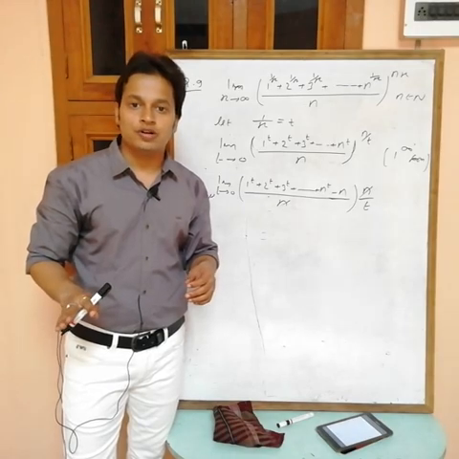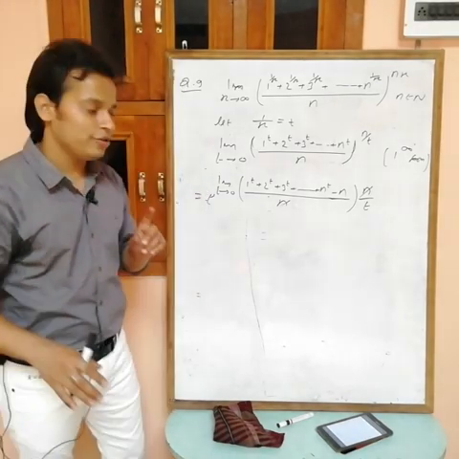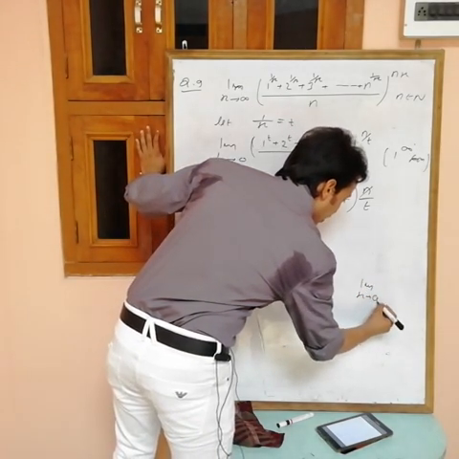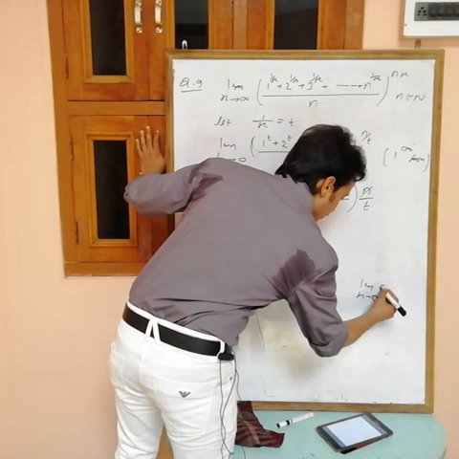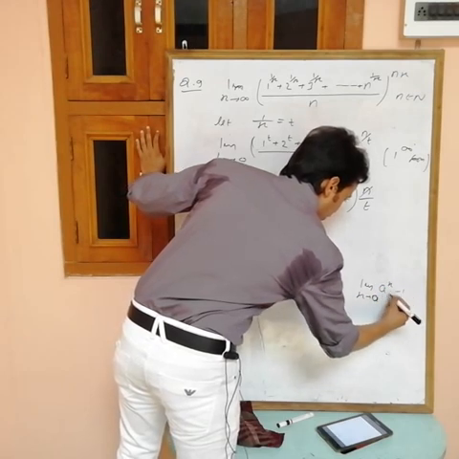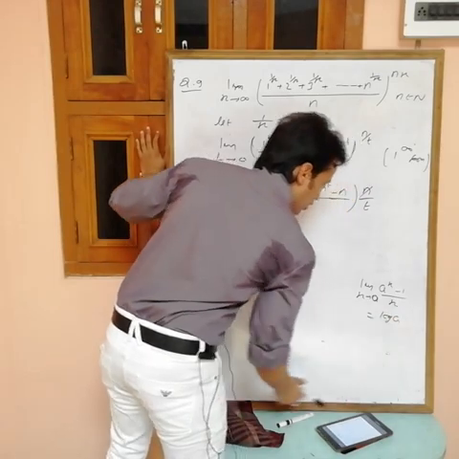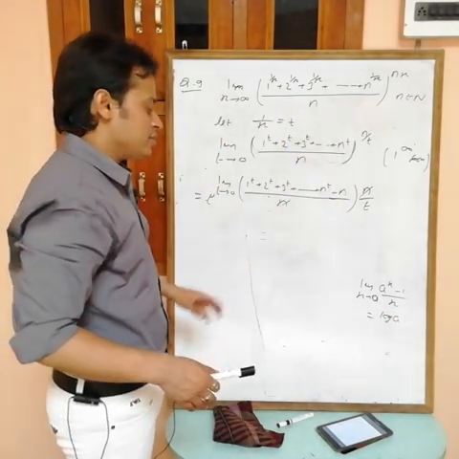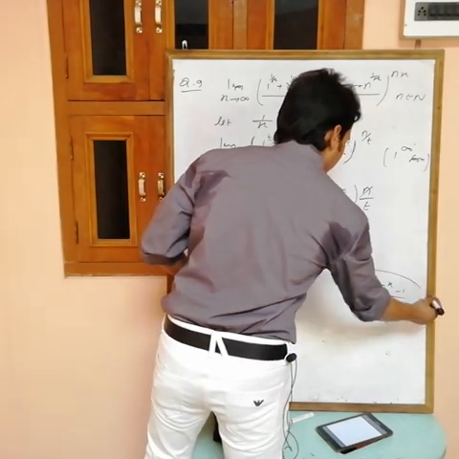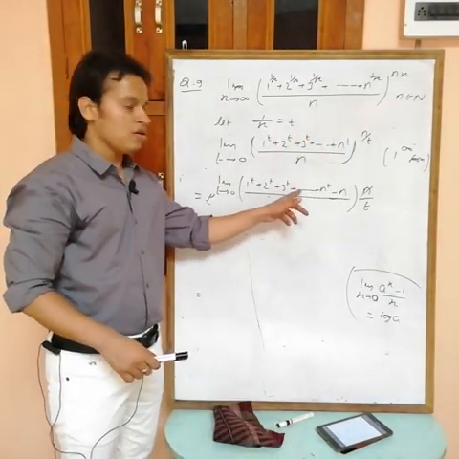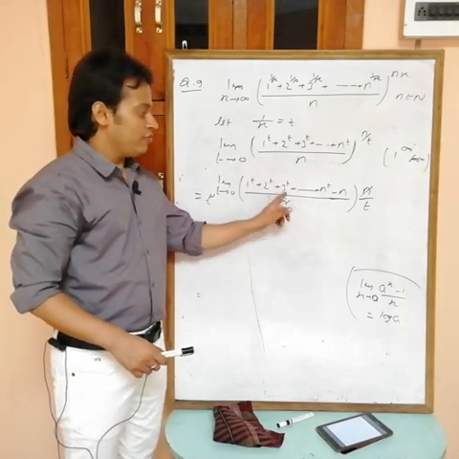Do you have any standard limit in this form? One minute. See, limit x tending to 0, sorry, of a power x minus 1 by x is equal to log a, ln a, base is e. This is the standard limit now. At the place of x, what we have? t. These are like a, constant. So I can convert this one into this form.